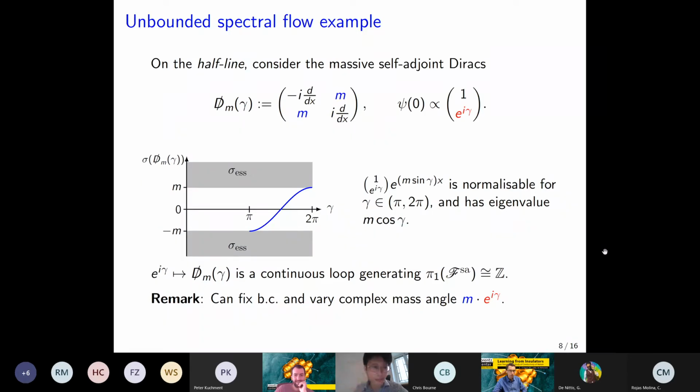Right. Okay. After no questions, I'll go through an example of a non-trivial spectral flow for these unbounded operators which do not have a compact resolvent. And the basic example just comes from Dirac operators, or massive Dirac operators. If you consider it on a half line, this is the Dirac operator on a half line. So it has the derivative part, and then it has the off-diagonal mass term, which anti-commutes with the derivative operator, the first order derivative operator along the diagonal.